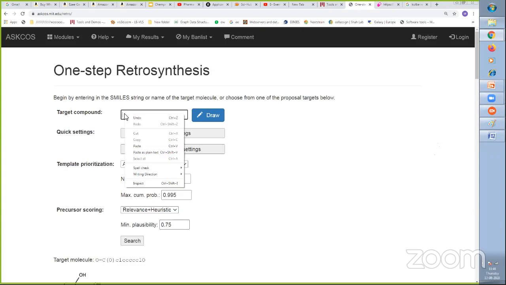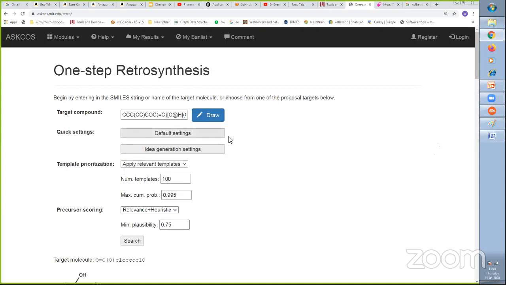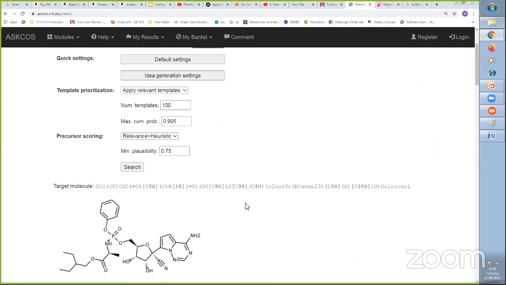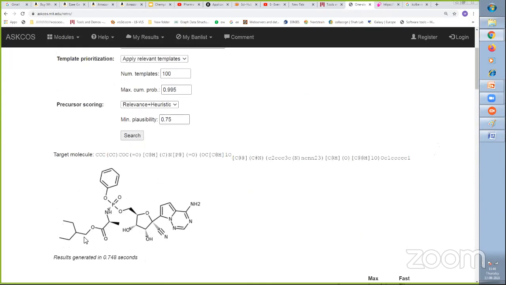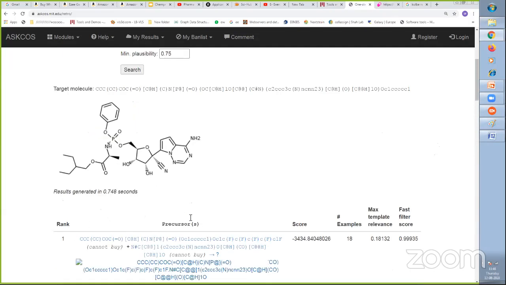Now, what we do, copy this one, and then we can go to this one-step synthesis and paste here. Okay, now default settings. Now, what you can do, we can search. So, can you see? It's quite a complex molecule. Remdesivir. Okay, so this is remdesivir, and then